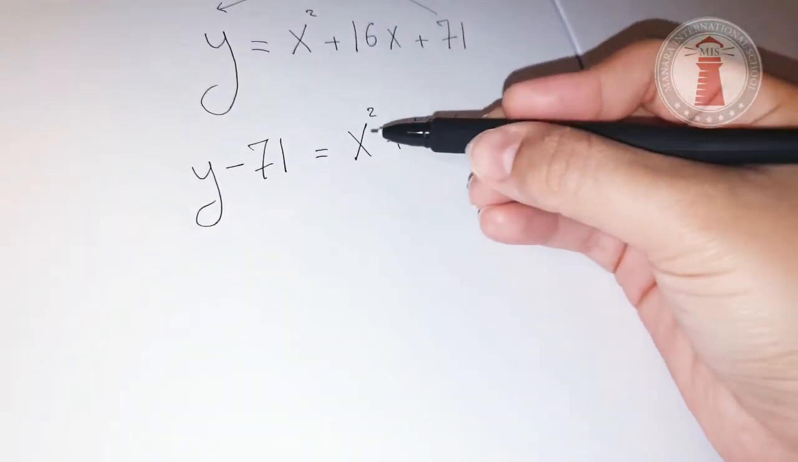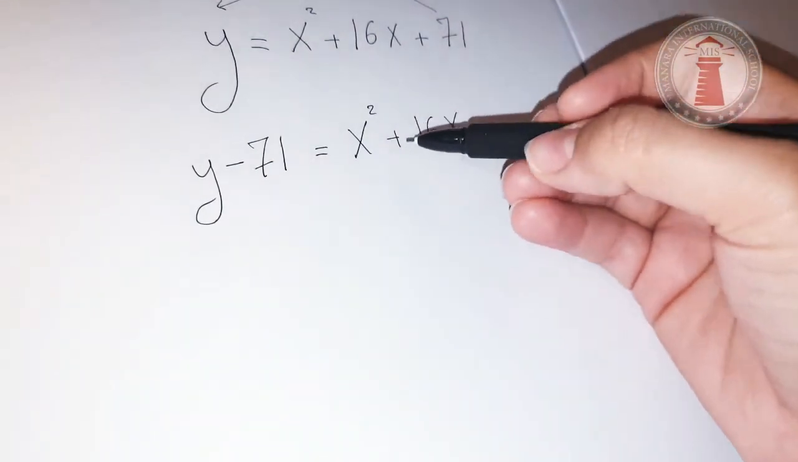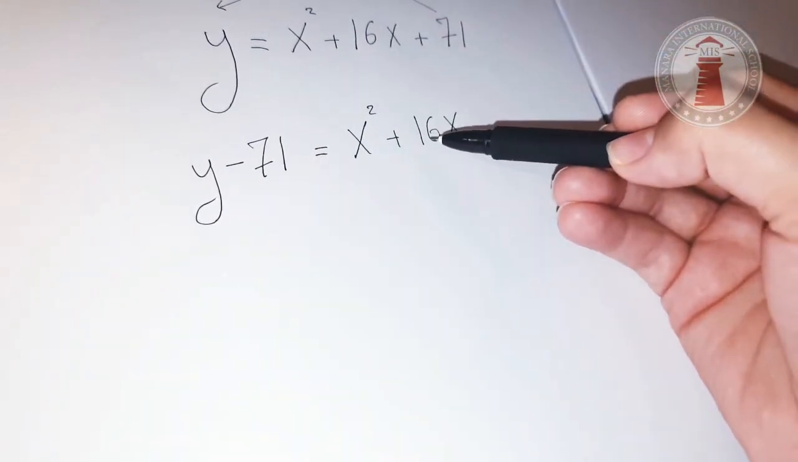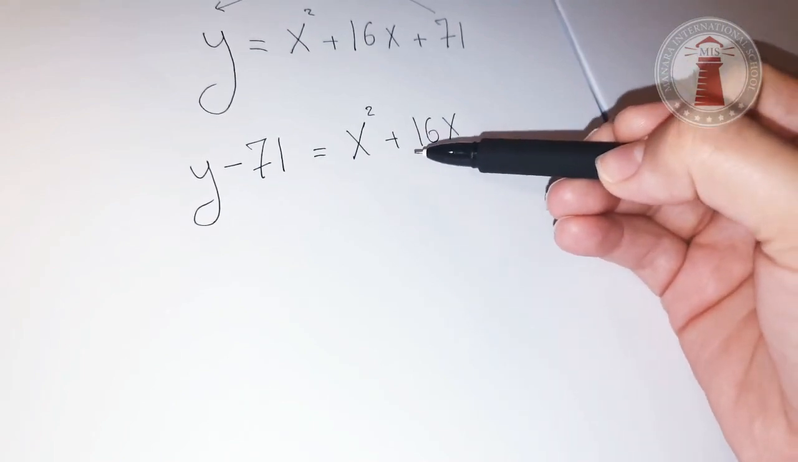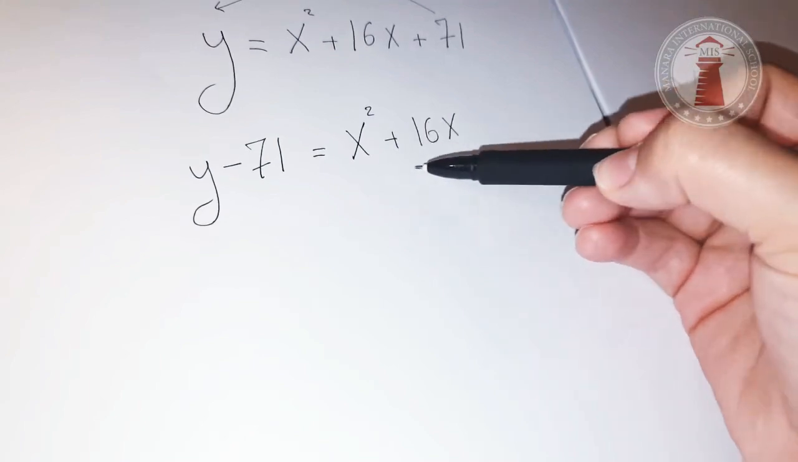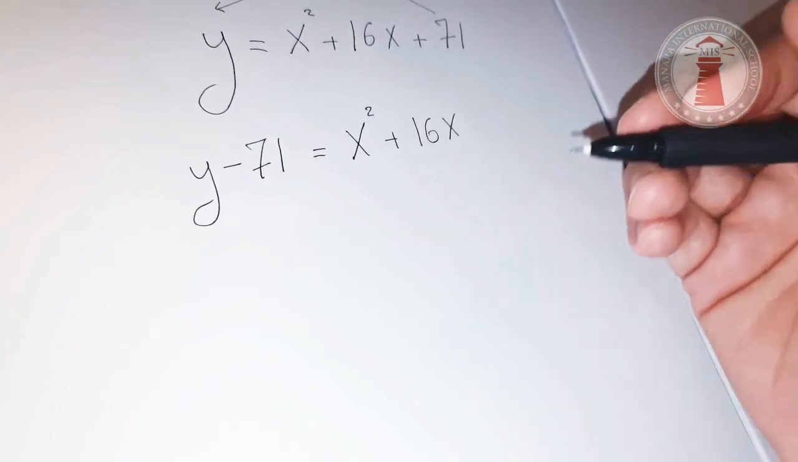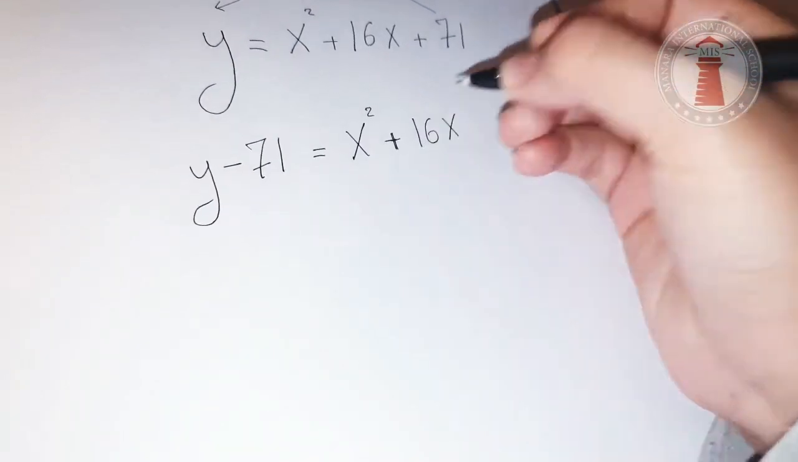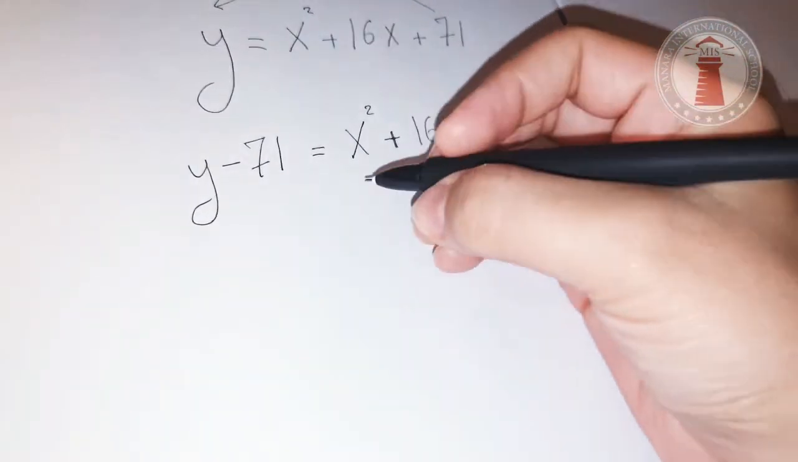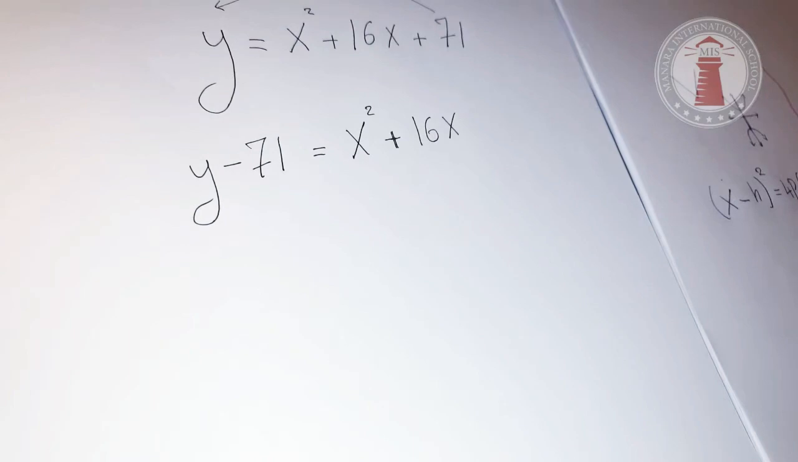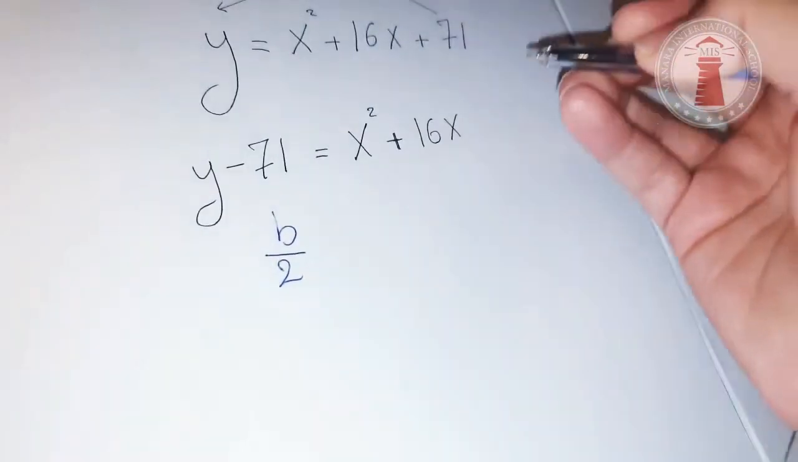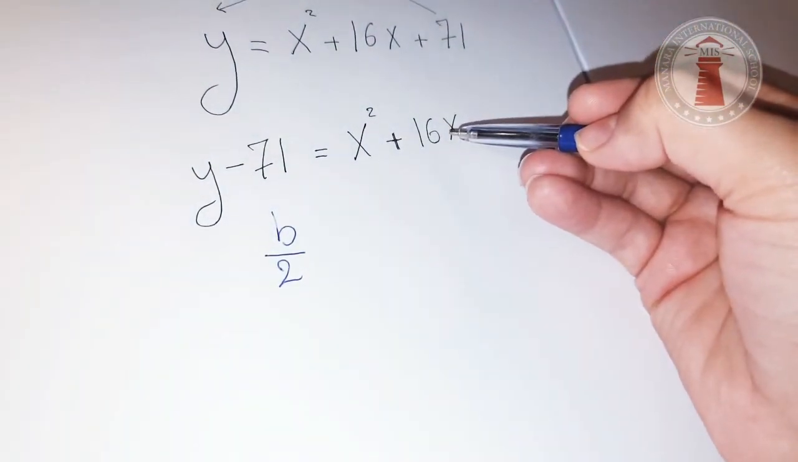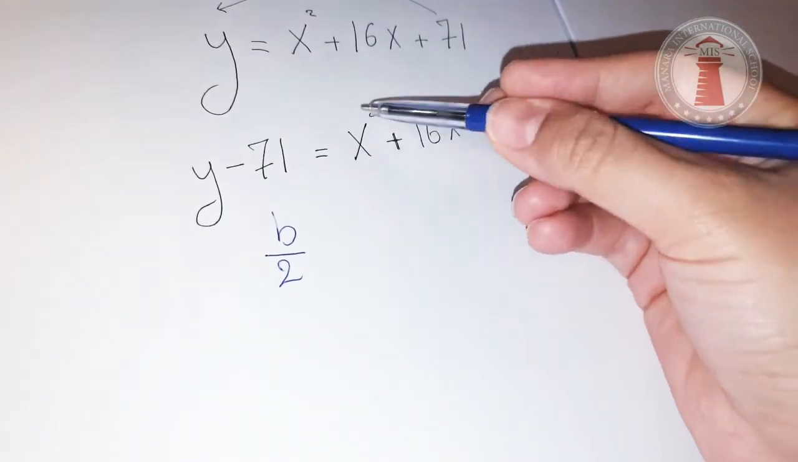Now, what we can do here, we need to make x plus a number or negative a number. We need to do something called completing the square, which is something that we already studied before. Now, to complete the square, we need to find first, I'm going to use a different color, b over 2, where b is the coefficient of x, because this is a quadratic